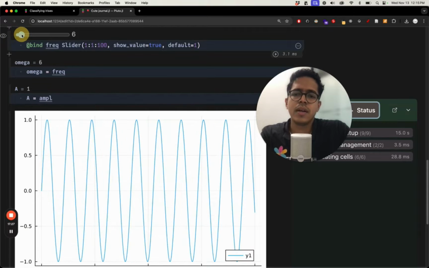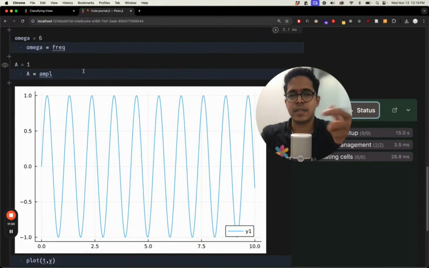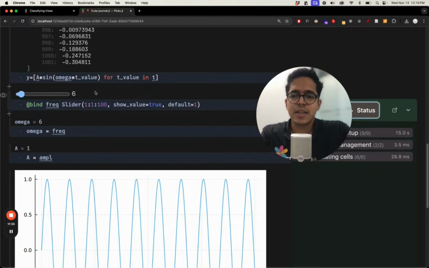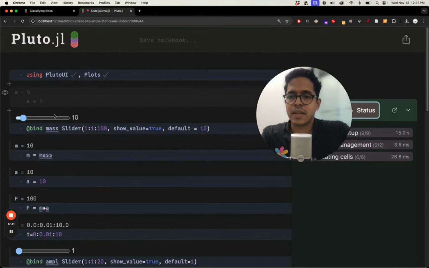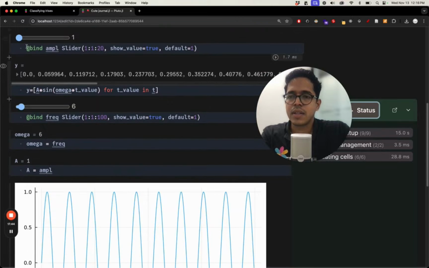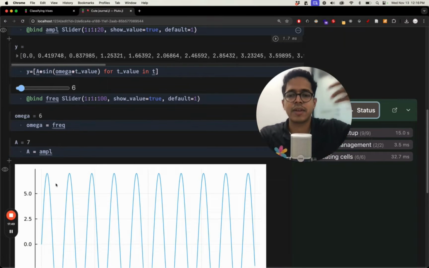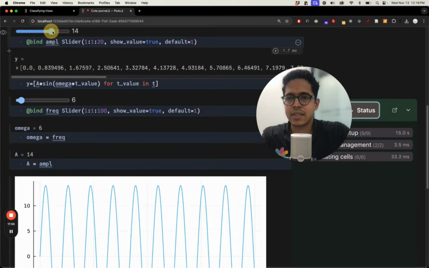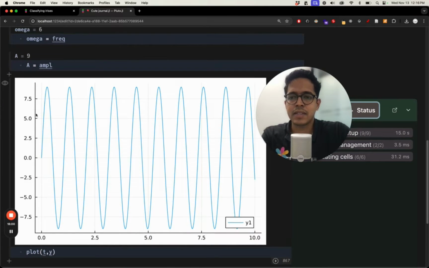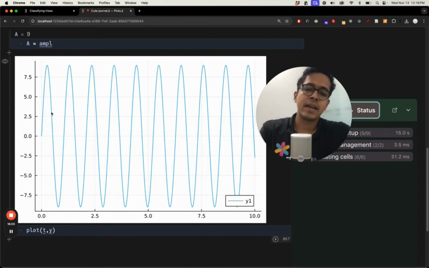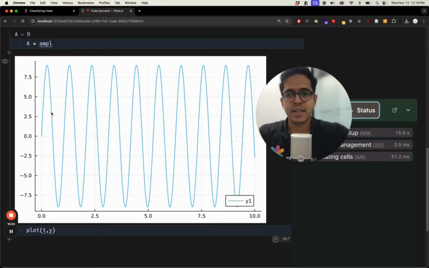And this is so cool. It's like dynamic graphs. You can change the value of a parameter and the graph itself changes. I really absolutely love this feature. There is one more thing. By the way, if you change the amplitude, you can see the same thing. So let's change the amplitude. Then you will see that the y-axis value is changing here. Of course, the graph cannot increase beyond the size of the screen, so instead the y-axis gets readjusted, the scale of the y-axis. Depending on the amplitude that we set in this slider, the y-axis value is changing. So these are dynamic graphs, another cool, very interesting feature of